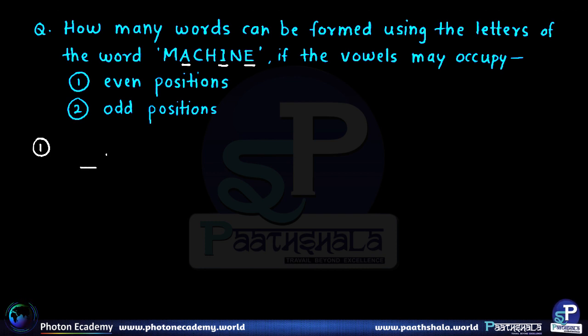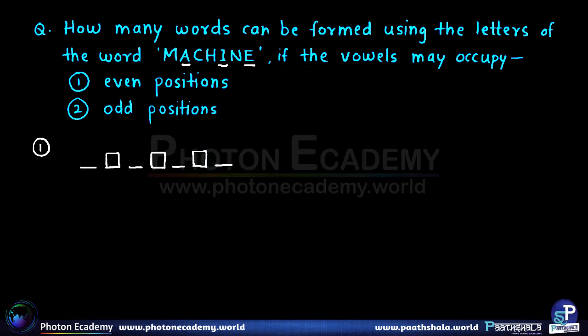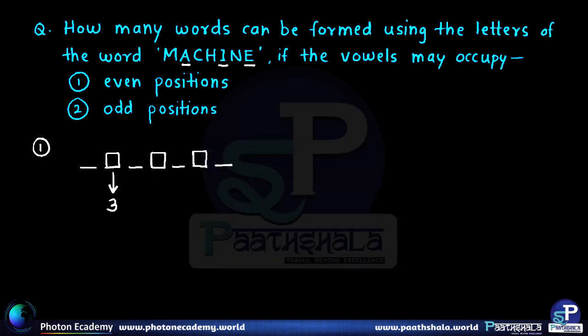Now let's denote the even positions by boxes and the odd positions by the dashes. Since it's a 7-lettered word, we can see that there are 3 even positions and 4 odd positions. Now let us fill up the even positions with the vowels. As there are 3 positions and 3 vowels, say first position can be filled with any one of the 3 vowels, the second can be filled with one of the remaining 2, and the last one has to be filled with the last remaining vowel. So in all there are 3 into 2 into 1, that is 6 ways to fill in the even